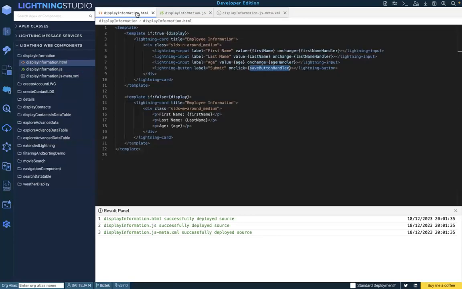Using that conditional rendering, if display equal to false, then we are trying to render the first name, last name, and age values that we got from our onchange handlers. So this is the easiest and one important use case of conditional rendering. This is how you use conditional rendering in your day-to-day Lightning Web Components life. So these are the important things: template if:true and if:false. So based on